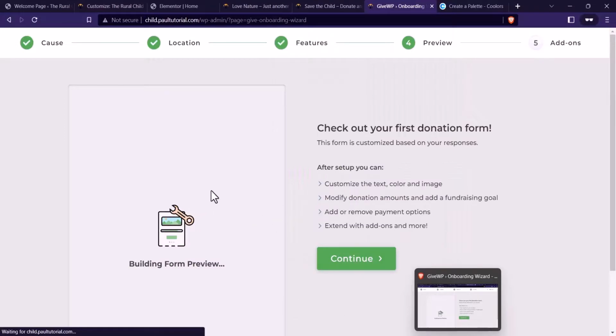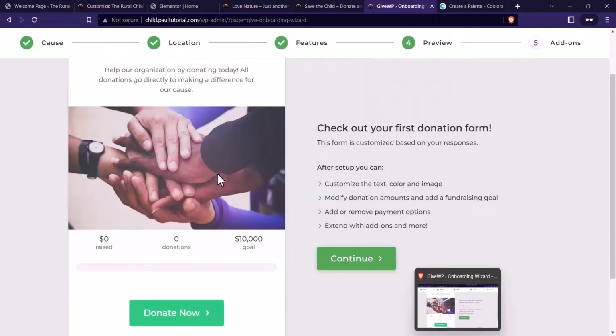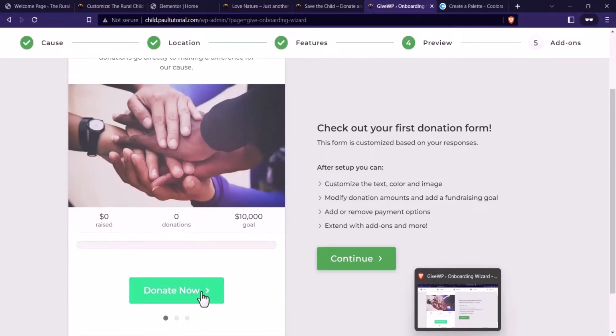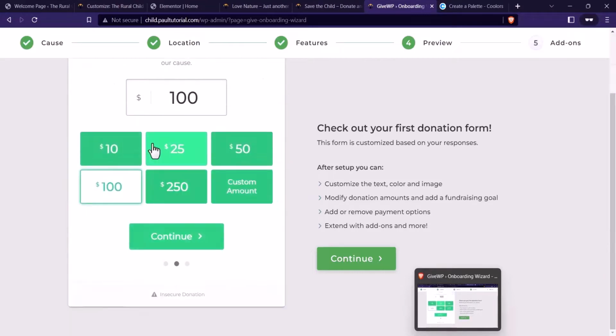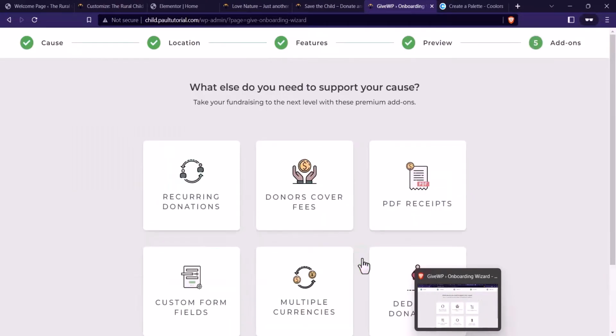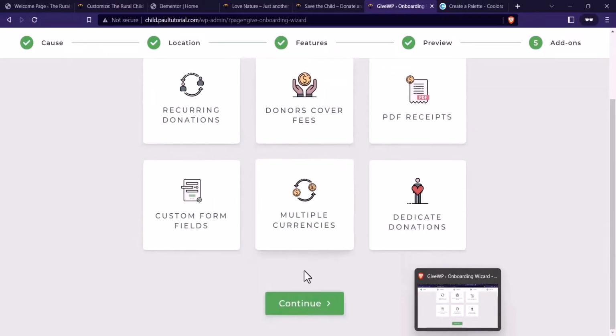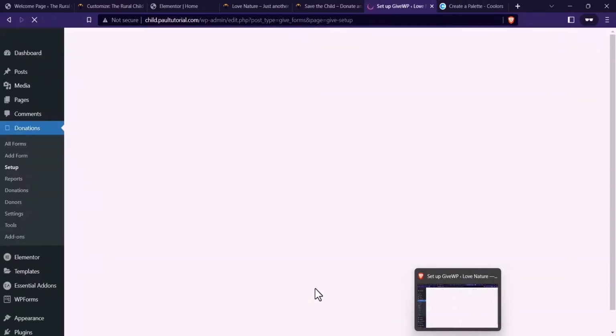It's going to show you a preview of the form built for you, based on the things you selected. So yeah, support our course. You can see what it looks like. We'll just ignore this and click on continue. Ignore all this. These are their premium add-ons. Let's go. Click on continue. All right, so you see we're done